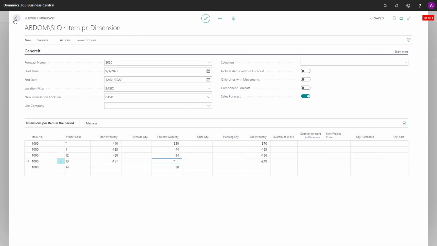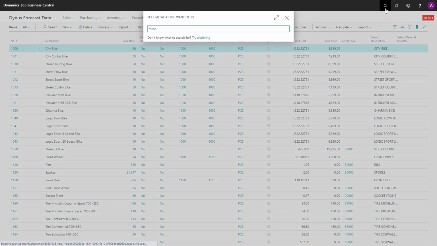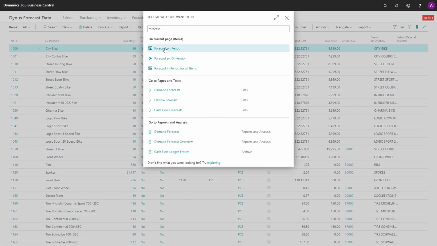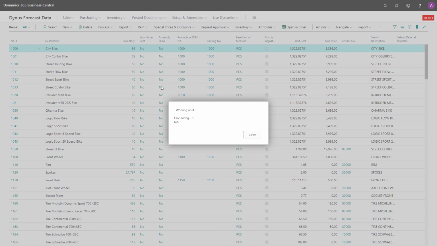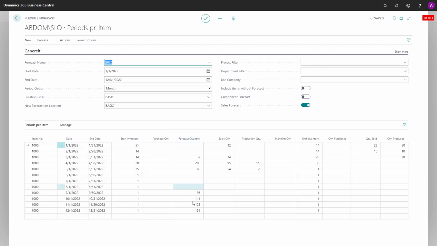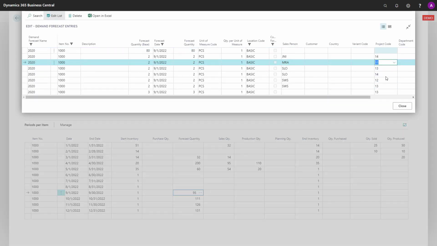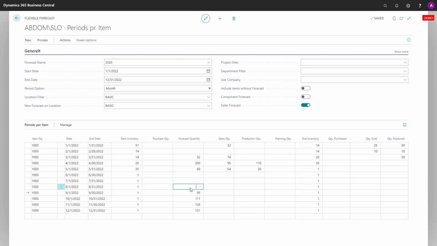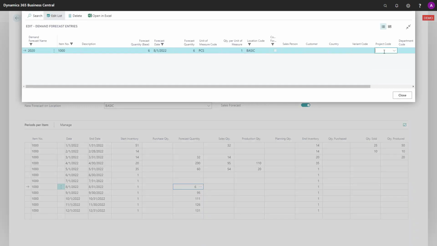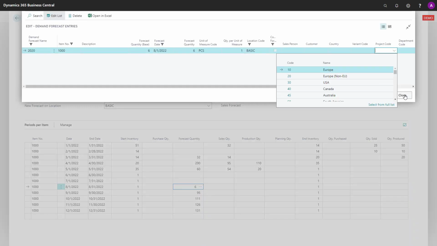But if you're looking at the other view, the forecast per period with one item, you will see, of course, all the quantities. When you enter those lines, it will have a blank dimension code. So if you're working with dimension, for instance, those 95 here might consist of dimension code. Now, if you add to this line, if we add another 2, or on this blank line we add 6, this will have a dimension value which is blank,